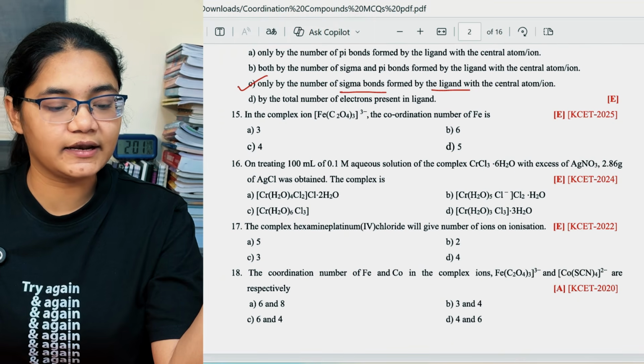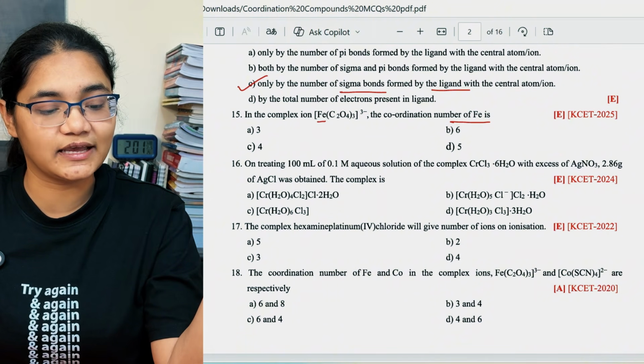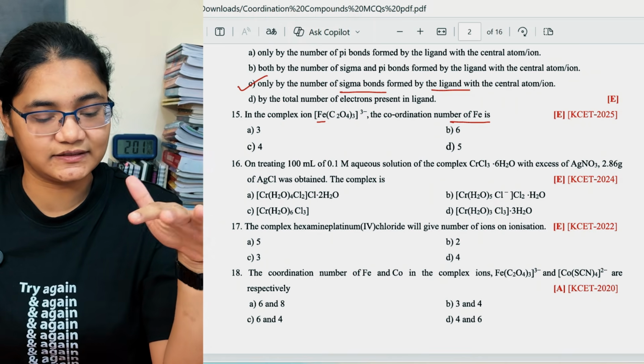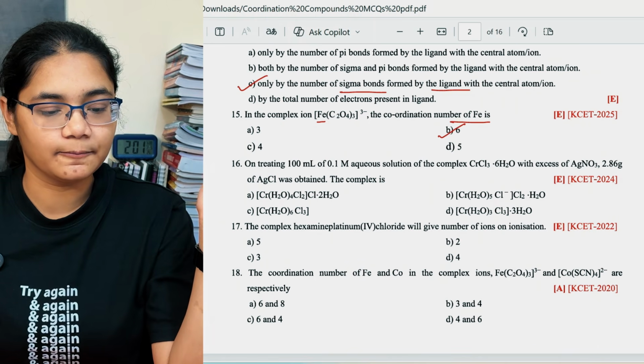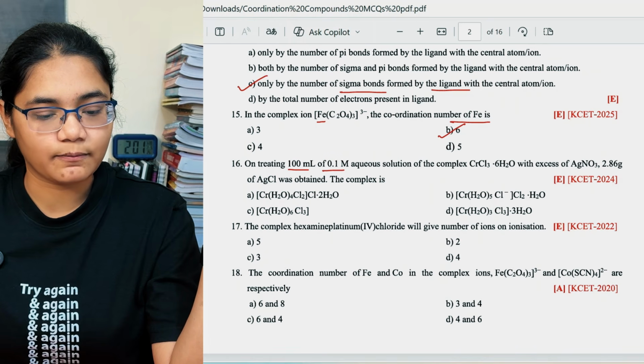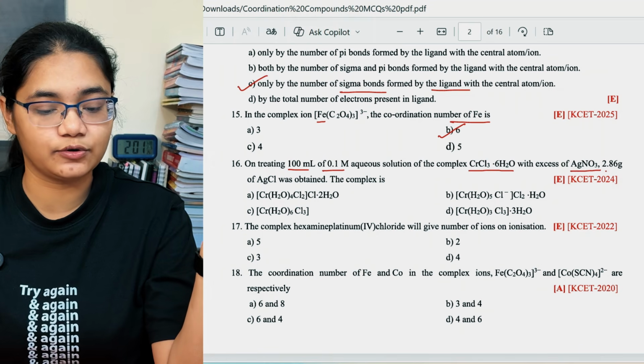Next, in the complex ion [Fe(C2O4)3]3-, the coordination number of Fe is, okay, so you can see Fe will have 6, each C2O4 will form 2 bonds, so 3 will form 6, so that is why option number B here. Next, on treating 100 ml of 0.1 M aqueous solution of complex CrCl3·6H2O with excess of AgNO3, 2.86